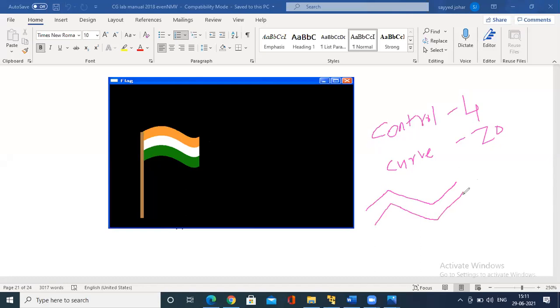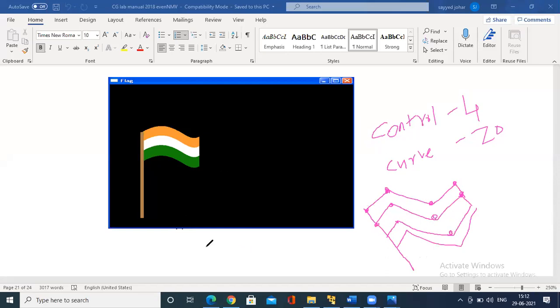Though the flag looks like this, to draw it we have 4 control points. The 4 control points are shown on the screen. These are all the 4 control points, at different scaling of x-axis and y-axis, and it is a 2-dimensional diagram. If this is a pole, I have one type of curve that joins over here. Similarly, we have one more curve, and similarly one more curve. Altogether, in each individual curve, you could see 4 control points.